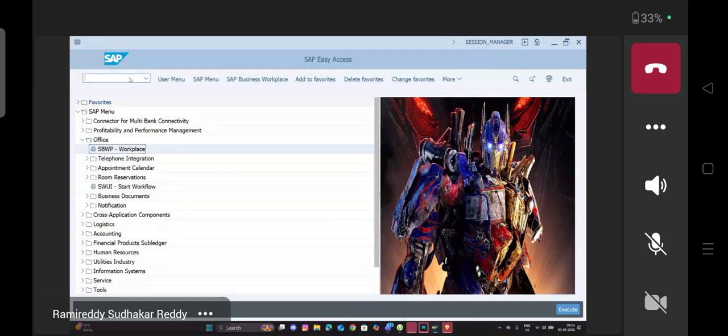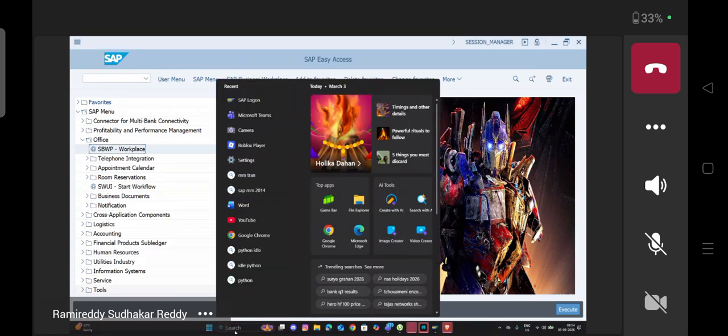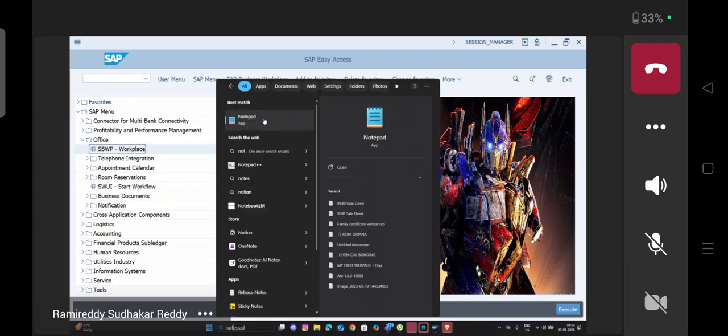Next, release procedure for PR header level. In case in a purchase requisition I don't want to release item by item, I want to release the PR at a time at header level. Then you can customize one more release strategy to release the PR at header level. Now, the requirement is